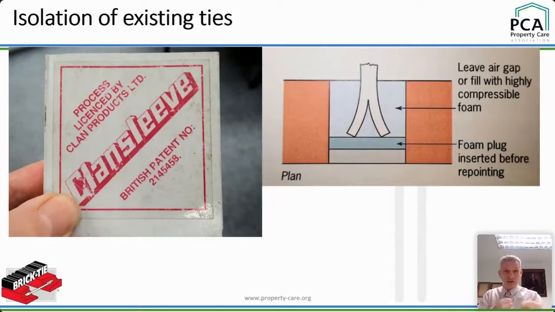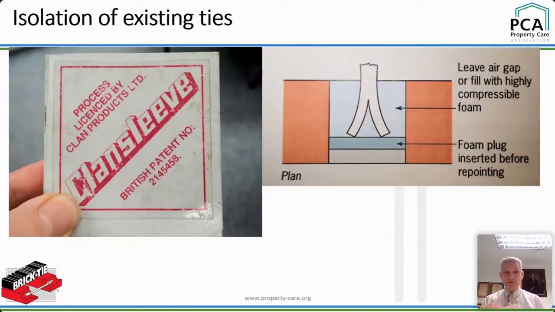It involves using a breaker chisel. On the right is another way of achieving a similar thing. This was all outlined in BRE 329 and updated as time went on. It could be fresh air in that void. It doesn't need a clamp sleeve or anything else. It just needs to be there so that when the pointing's put in, we don't re-encapsulate that tie in mortar, because it'll just crack again.